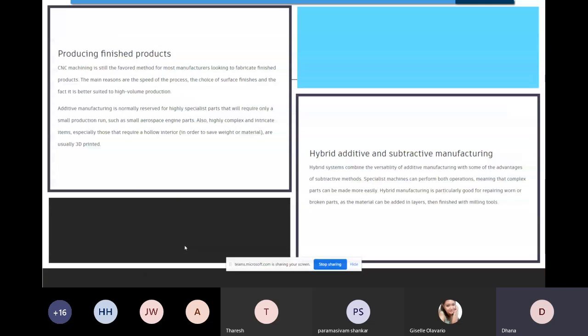Hybrid additive and subtractive manufacturing is always good for broken parts, and the materials can be 3D printed using milling and can be finished with additive manufacturing. It's like combining subtractive with additive manufacturing. For example, when you are making prosthetics or any object, you can use subtractive and additive manufacturing together. For the complex and difficult object, you can use additive manufacturing, whereas in case of a normal large production, you can use subtractive, and you can merge them together. So that will become a perfect solution.